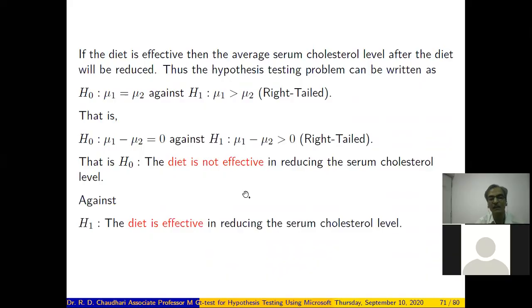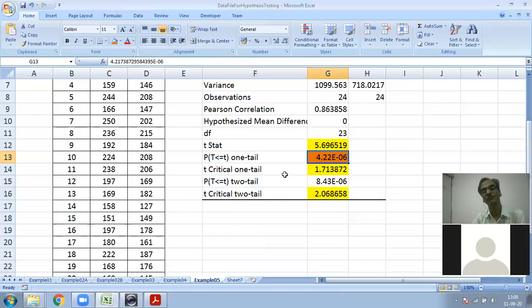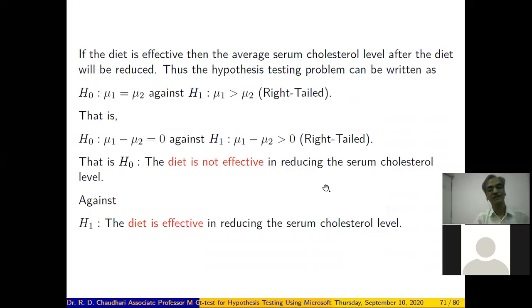In our case we have a right tailed test. Whether it is right tailed or left tailed, we consider it a one tailed hypothesis testing problem. So we use this particular value as the p-value and compare it with the 5% level of significance, and accordingly we take the decision.